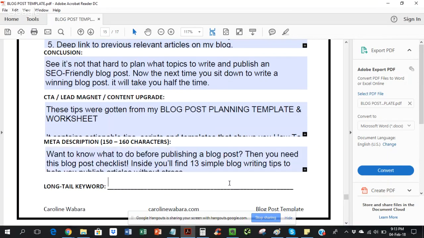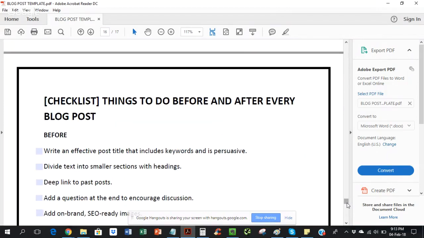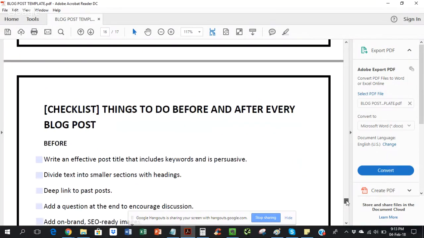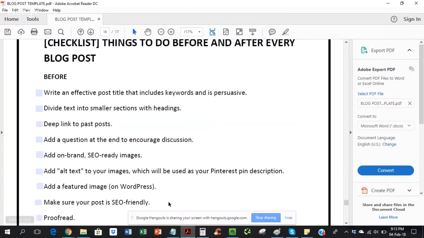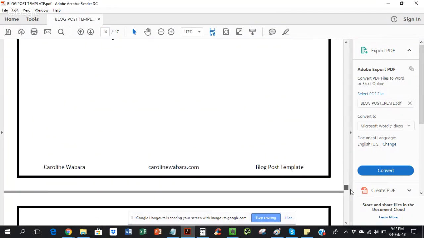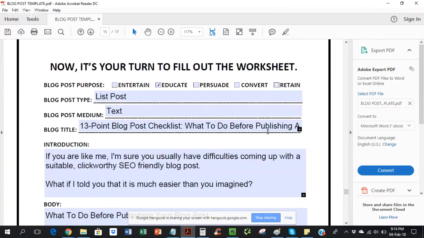And my long tail keyword now is definitely blog post checklist, or what to do before publishing your blog post. So once I'm done, the next thing is now to follow this checklist on my blog too before I publish my article. So next, all I just need to do is copy this